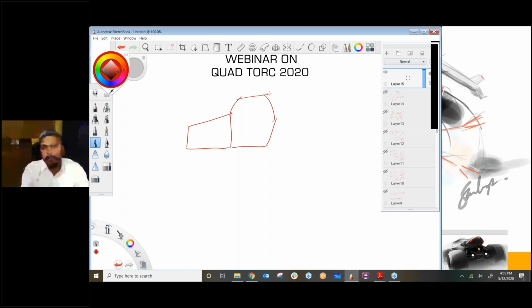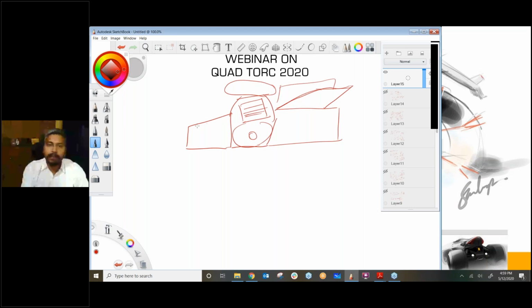If you have observed or felt it anytime during driving, if you are taking this turn, which is a right turn, then the right front wheel will be the inner wheel for you, and it will be bearing most of the force. The outside wheels will not have that much force, and they will be transferring the weight from their portion to the inner wheels. So this is how lateral load transfer happens.